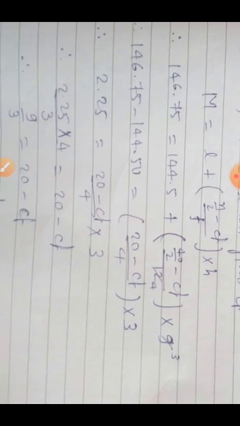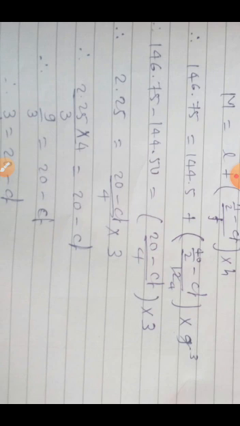Now you have two options here. Either you can multiply 20 minus CF, because it is an invisible bracket. 20 minus CF is in a bracket, you cannot see the bracket, but it is there. So both are multiplied by 3. Otherwise you can shift that 3 and 4 at a time towards the left side. So I shifted both numbers here, they are the coefficient of the bracket. 3 by 4 is the coefficient of the bracket, so they are shifted towards the left side. So 2.25 into 4 divided by 3, left 20 minus CF.